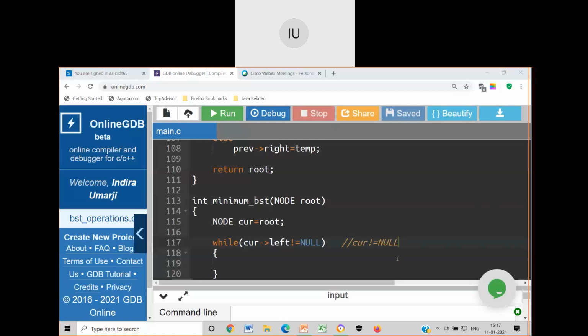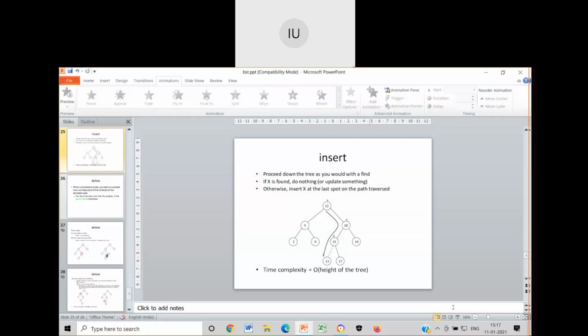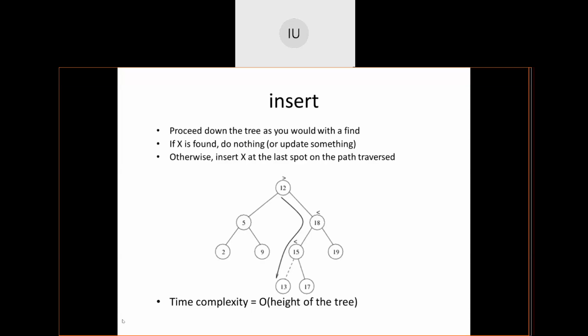Correct. Praveen has commented, current arrow left, if I take, it points to the last node. It doesn't go beyond the last node. When I write current equal to null, it has crossed the last node. If I take up this example, when current is moving from this node to this node, current has become null only then I have inserted 13, with reference to previous. When I write current not equal to null, current would have crossed the leftmost node.